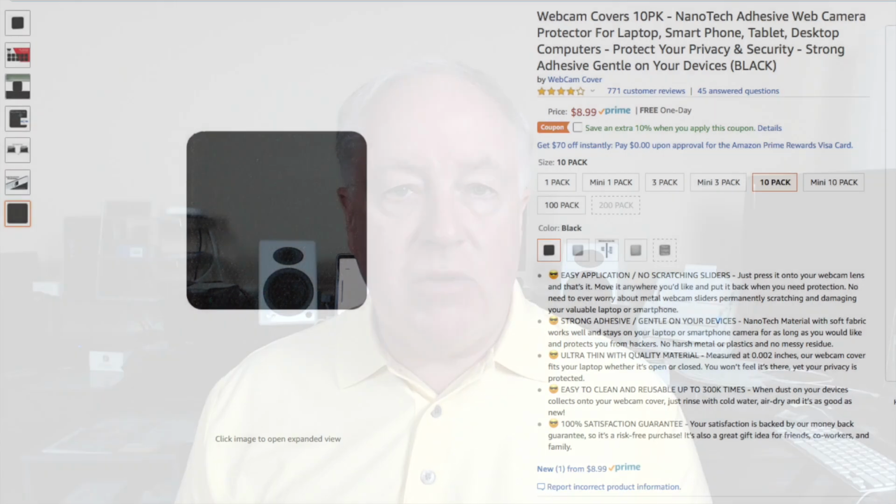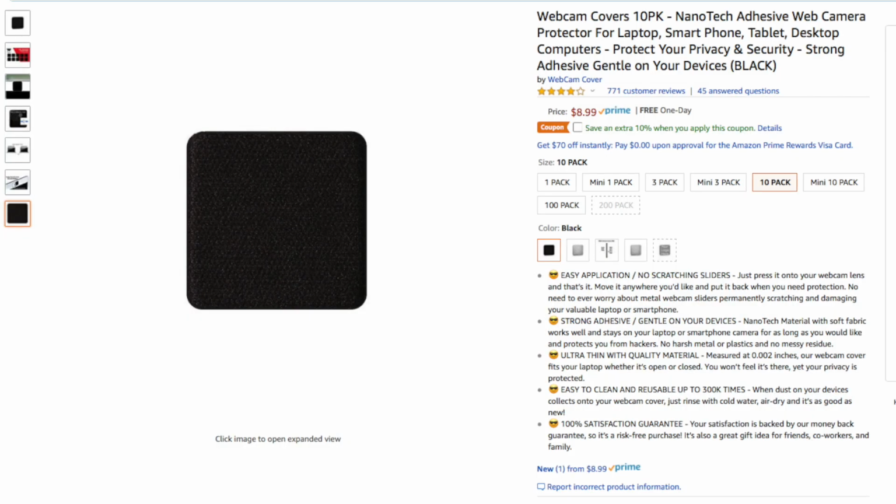When you're not using them, find a way to block that camera in an analog fashion. It can be something as simple as throwing a piece of cloth over the webcam. It can be something a lot more complex. I personally would recommend these little stickers that go over your webcam, that peel on, peel off very easily. They're very unobtrusive so that you don't even know they're there if you don't want to. And it's just one more thing that I don't have to walk in and wonder, gee, is it possible my